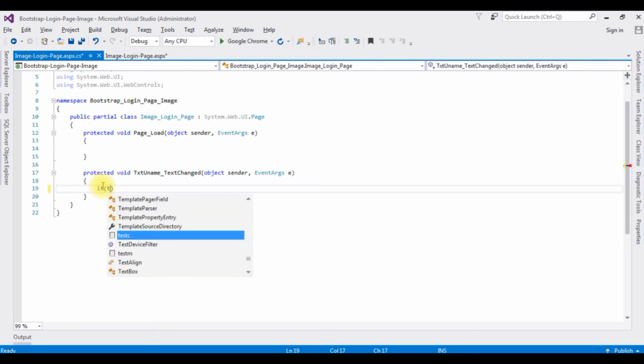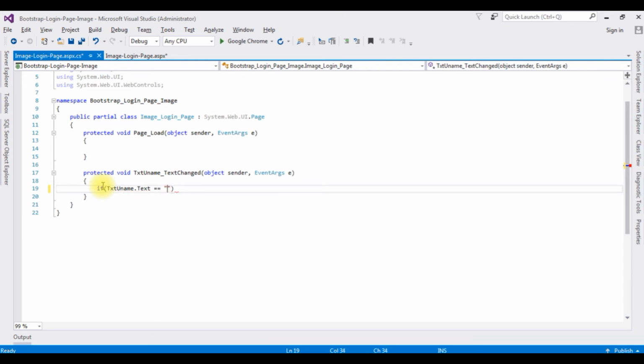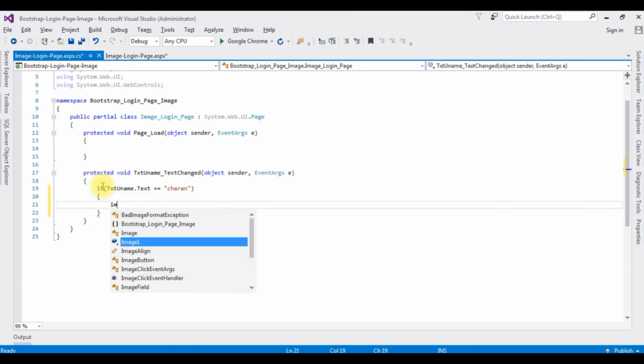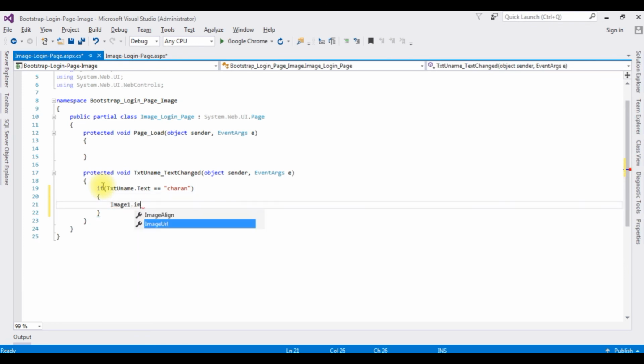If text username dot text is equal to, between double quotes I'm adding the username Charan, image1 dot image URL is equal to, between double quotes I'm adding the URL path, which is